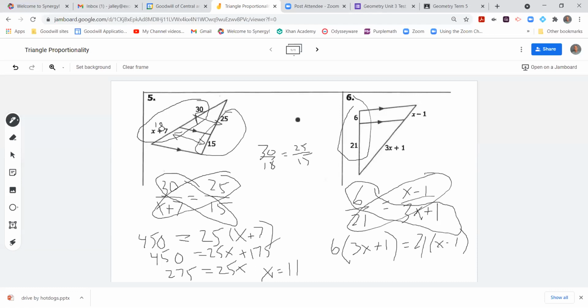What's the lowest terms for 30 over 18? You guys remember how to reduce fractions, don't you? That's all I'm asking you to do. Tell me what that reduces to. I would answer, but I'm driving, so